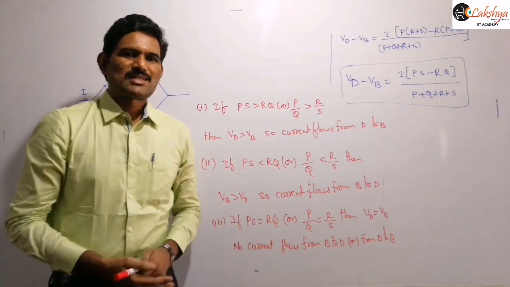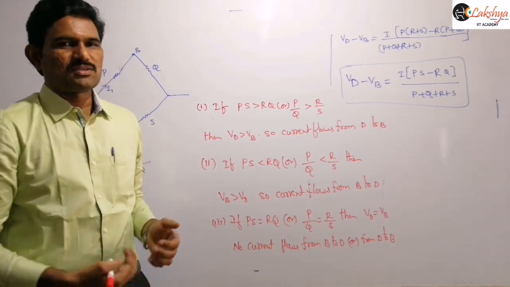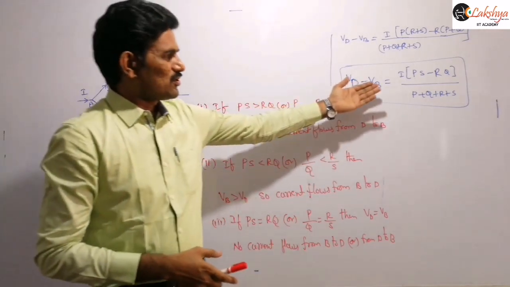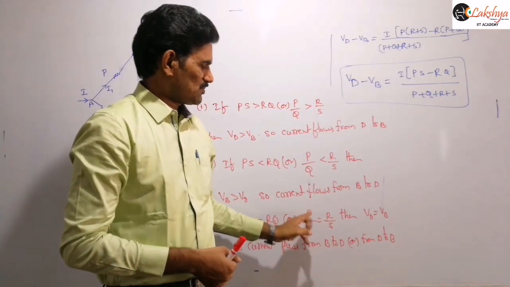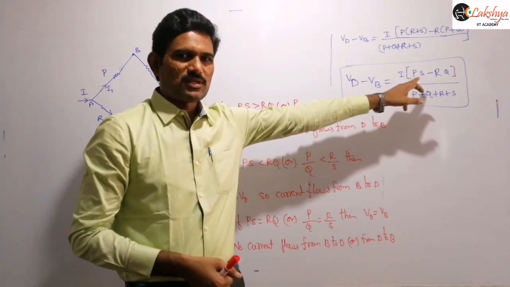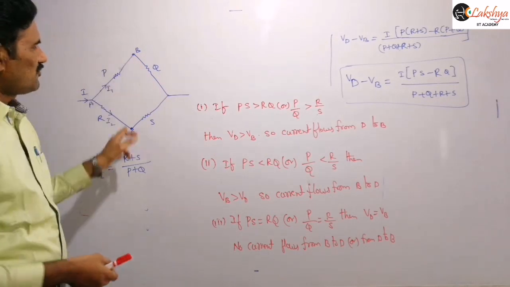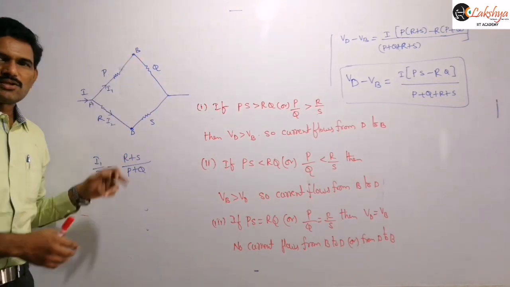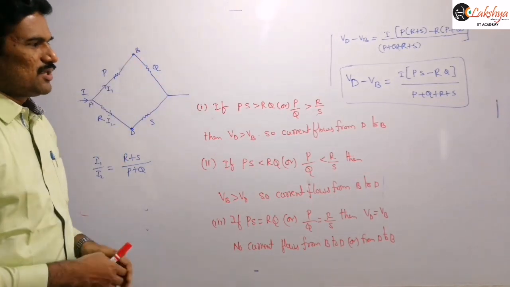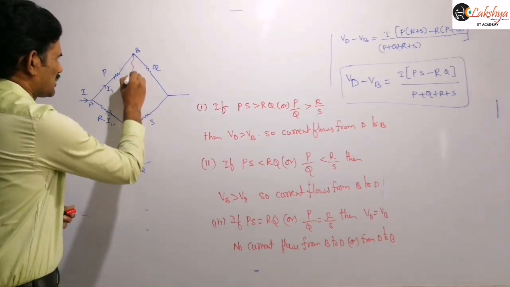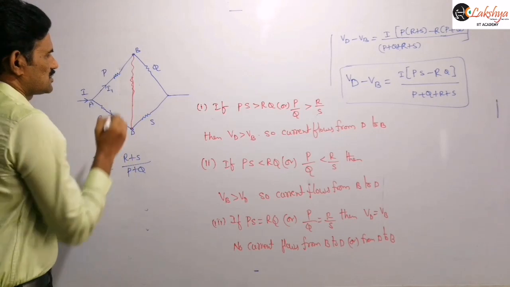So previously we mentioned that when P by Q is equal to R by S, B and D are at equal potential. Now we can observe this. When P by Q is equal to R by S, means when PS is equal to RQ from this equation, then both are at same potential here. That means even though a resistance is connected here, no current flows through them, right? So those are the ways in case of unbalanced condition. That means if any other resistance is connected here.